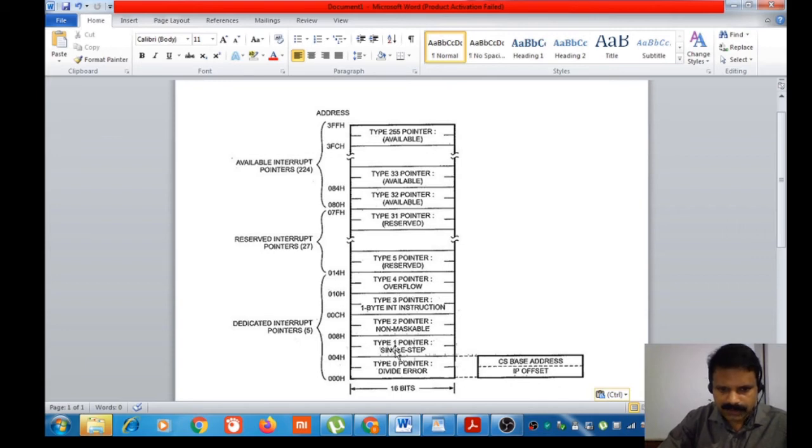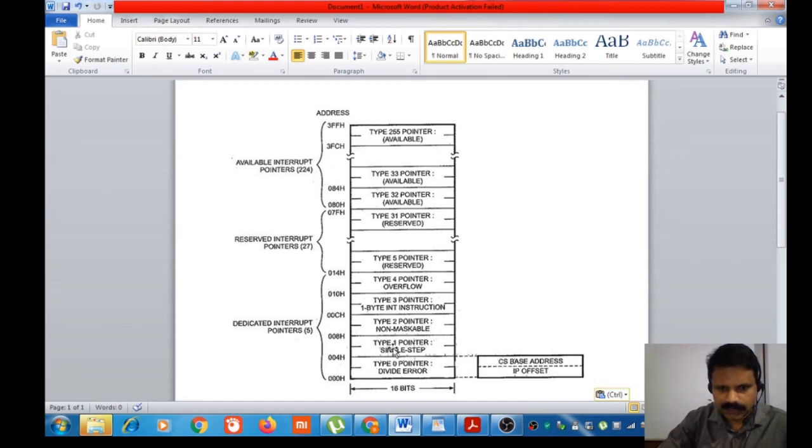The first word of this vector is the IP offset, which should be loaded in the IP register to start the execution of the interrupt service routine. And the second word is the base address or the starting address of that routine, and that value should be loaded in the CS register.